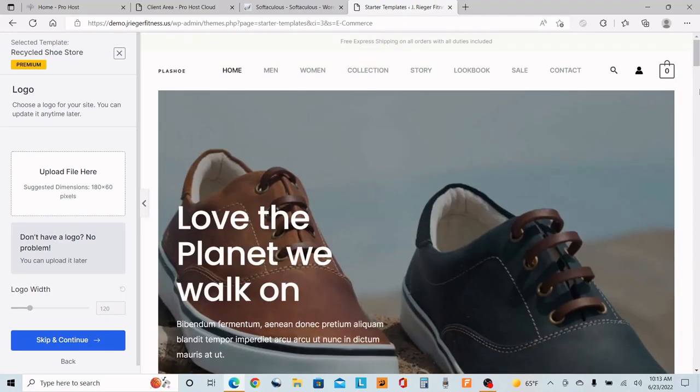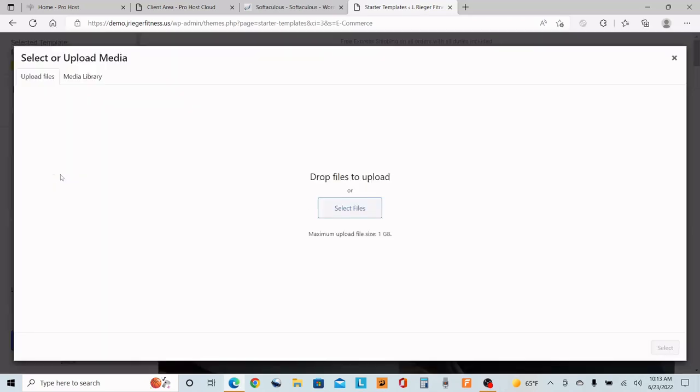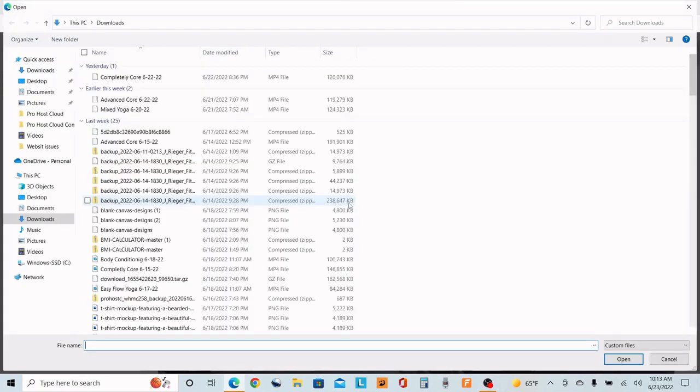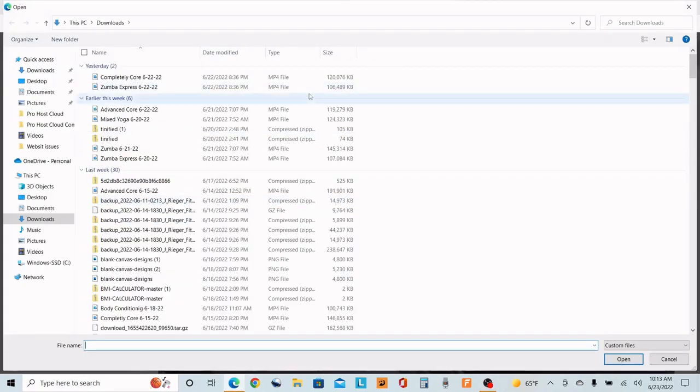I wonder how much this is. This is a preview here. You can actually upload an image. Let's try uploading something. Let's drop a file in there. All right, so